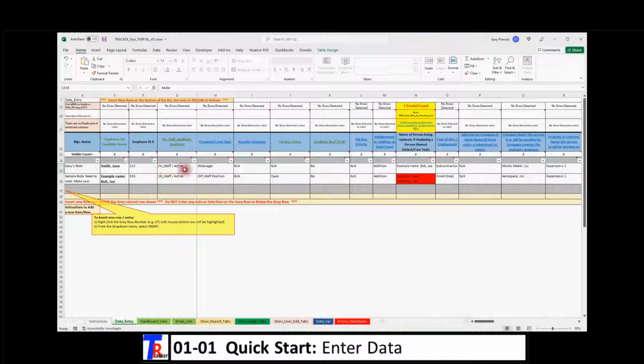I usually like to go left to right, filling in or selecting the various values, and you keep going across and select until that's fully populated, and then now this row is fully populated. For the next one, you do the same thing. You can enter your note, change the person's name, which will have, let's see,